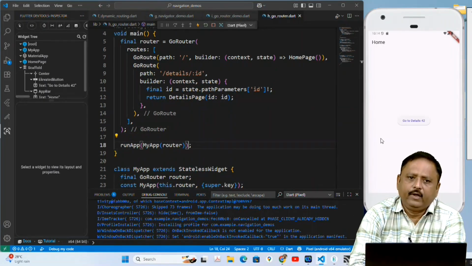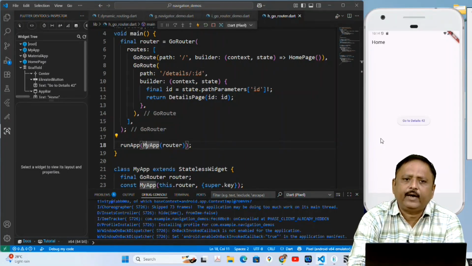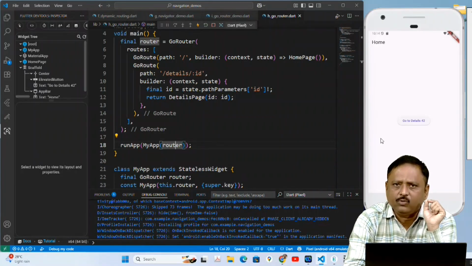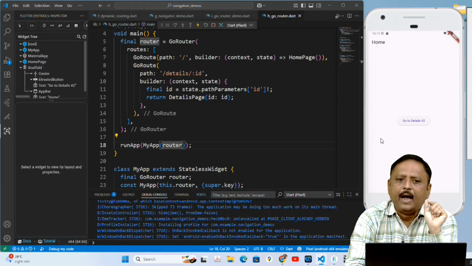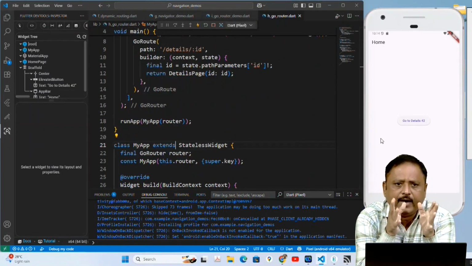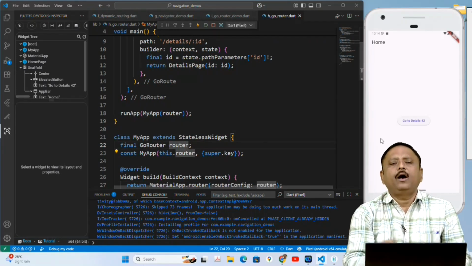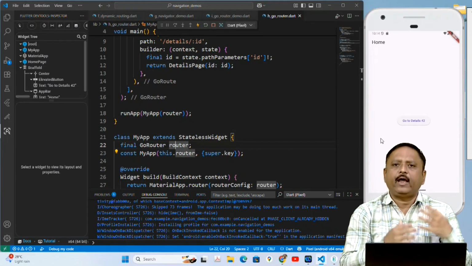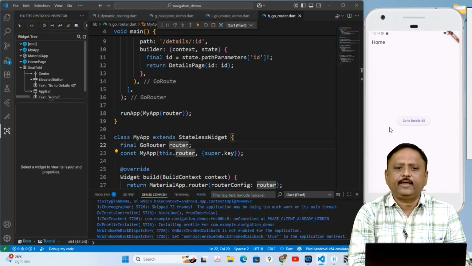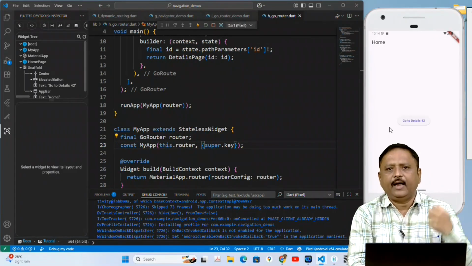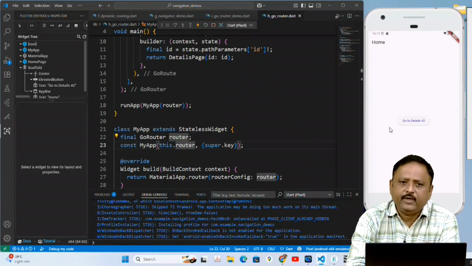Here I write runApp, and inside it as an argument I pass that router object, which is the GoRouter object, to my app, so that it can use this object. Here I define class MyApp, which extends StatelessWidget, and we must have one object of type GoRouter, which is router in this case, and we must take that as a parameter. So here I write this.router.